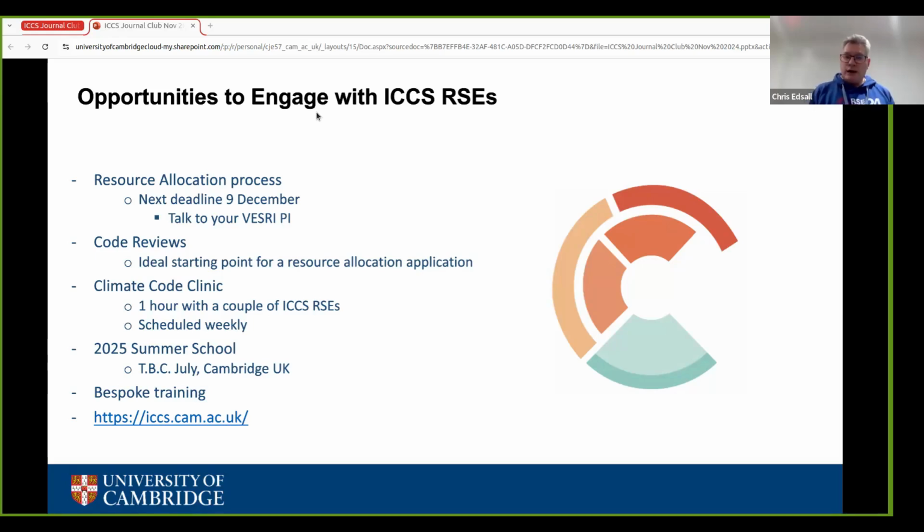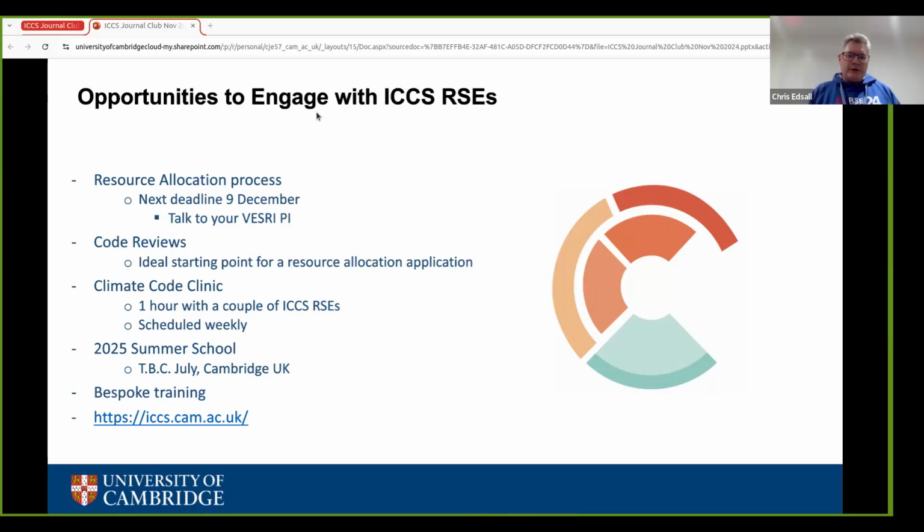You get 2 RSEs, each working at half time, so about 1 RSE in total effort, but spread across 2 people for the reasons I mentioned earlier about bus factor,